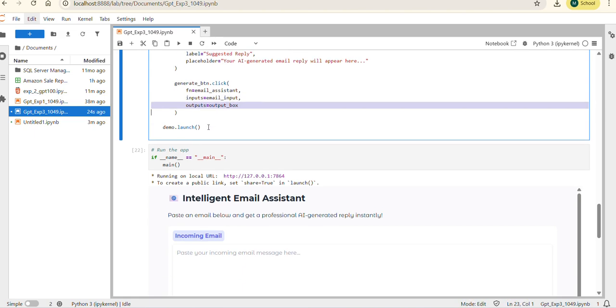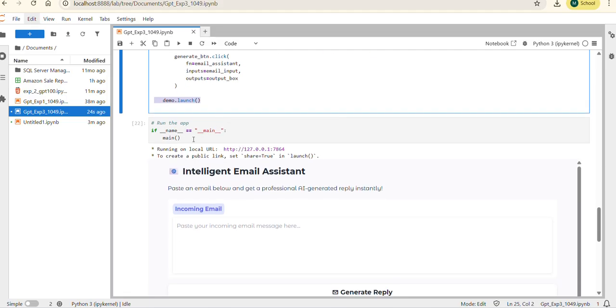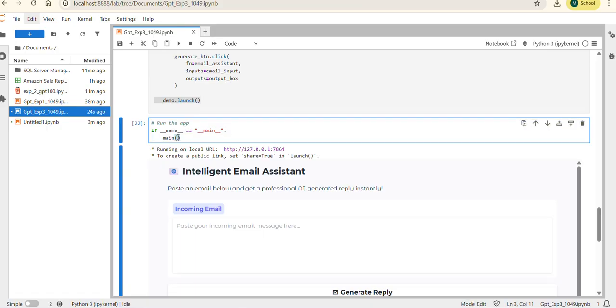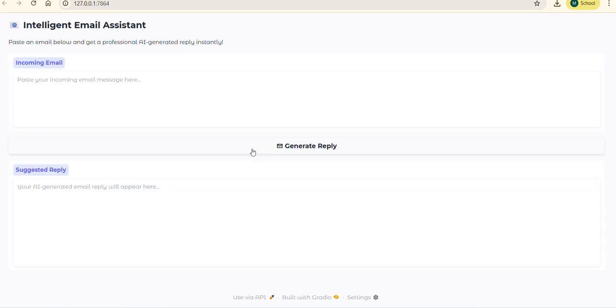So finally, demo.launch starts the local Gradio web server and opens the interface in our default browser. So we are running the app, and main is the default launching one. When we do this, we will open our local interface where we can see the email generating UI. Now here we can give a sample text like,